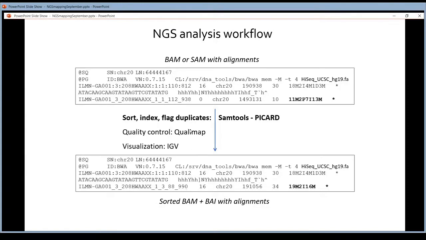The tool that is used the most for doing that is called Qualimap, and it's very similar to FastQC. And then the nicest part of the whole workflow, you're finally going to visualize something. You're going to visualize the results of the mapping, and for that, we're going to use a tool called IGV. But we will start with the processing: the sorting, the indexing, and the flagging of duplicates.